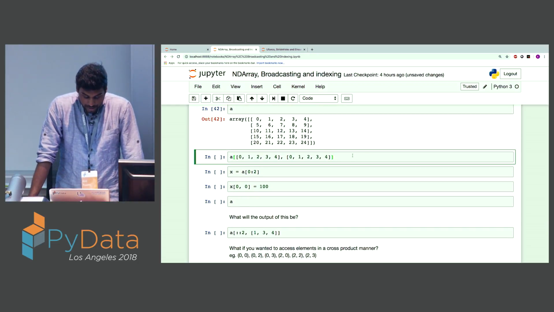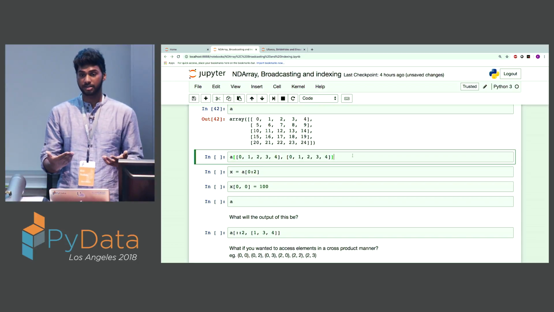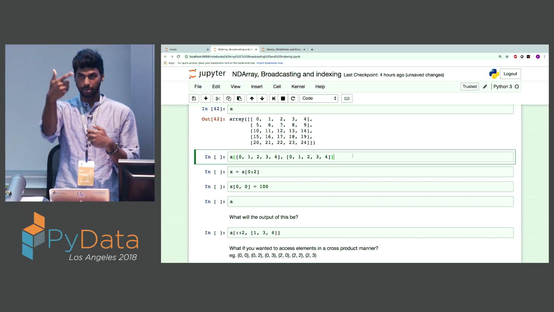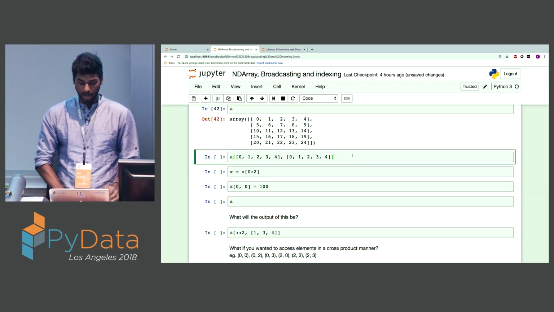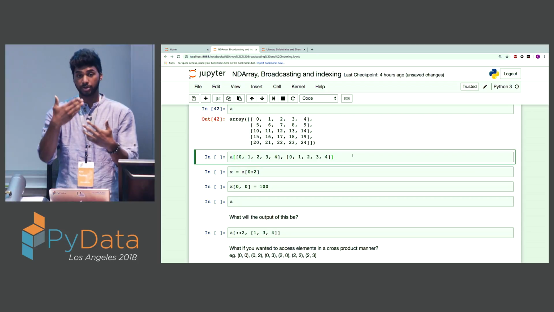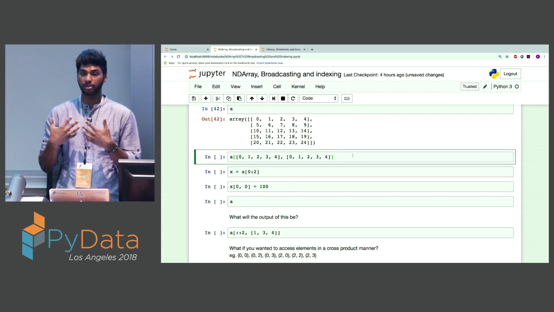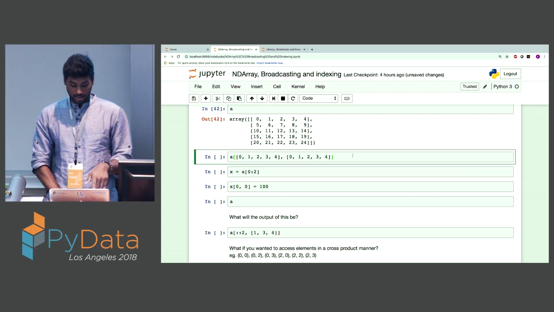Another thing you can do while indexing is you can pass in lists to the row and column instead of just a range through the colon operator. Instead of saying a start and end, you can pass in discrete values of which rows and which columns you want to return from your array. So in this case,